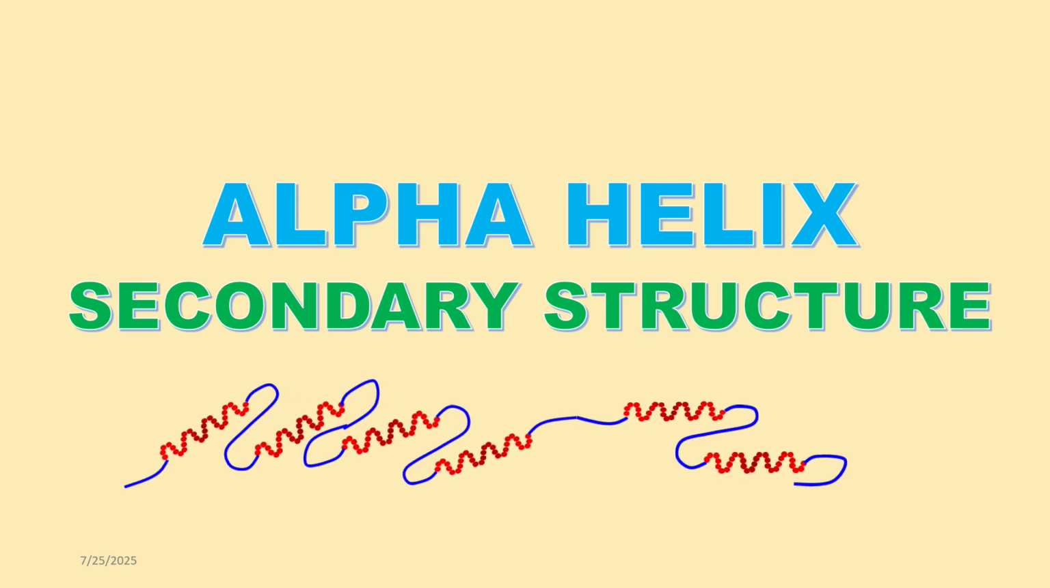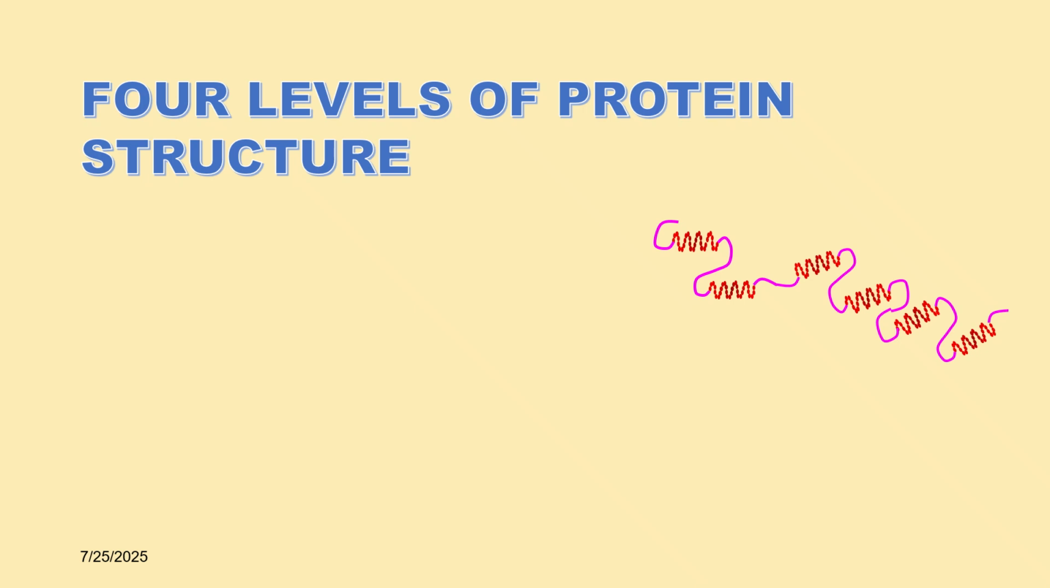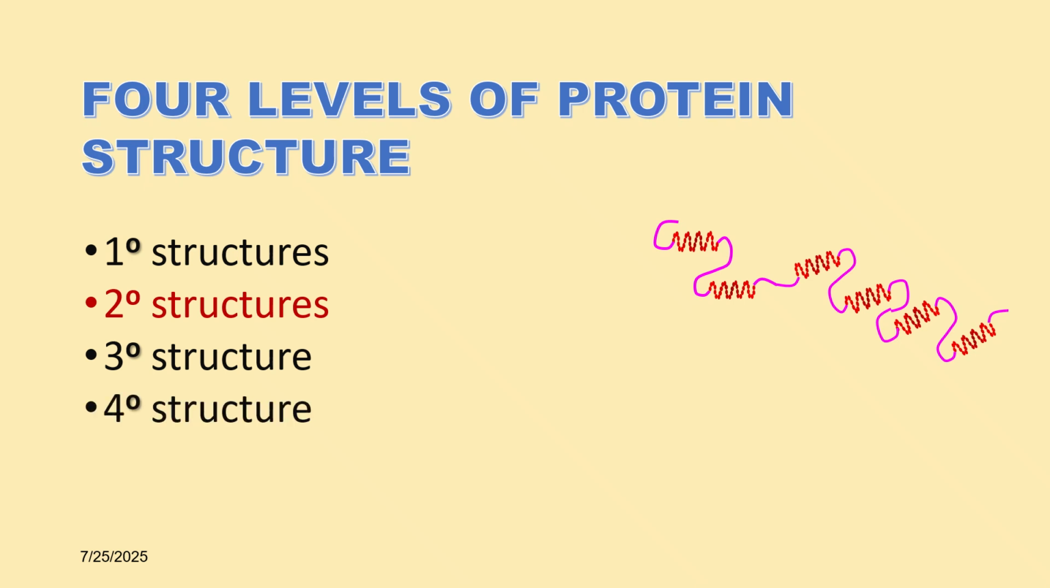So I would like to discuss today alpha helical structure of protein. As I have already presented in my previous video, a folded protein has four levels of organization. These are primary, secondary, tertiary, or quaternary structures. So alpha helical structure basically is a type of